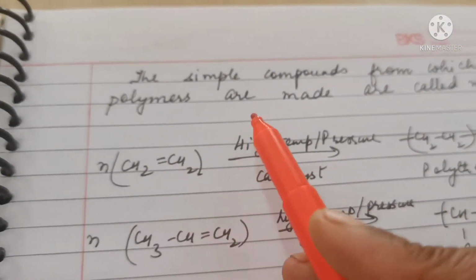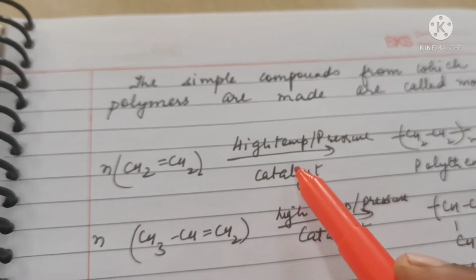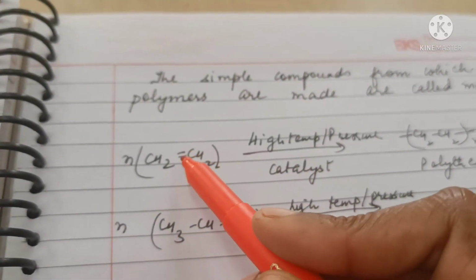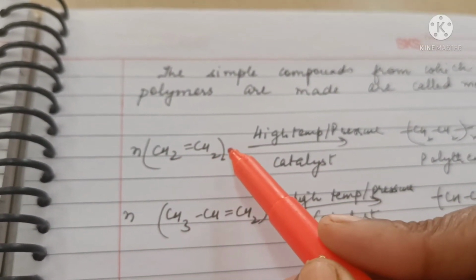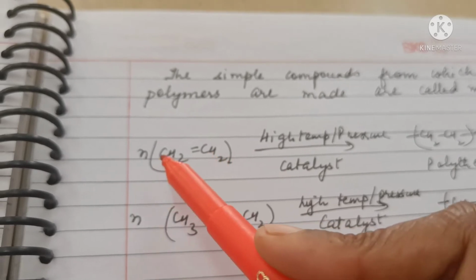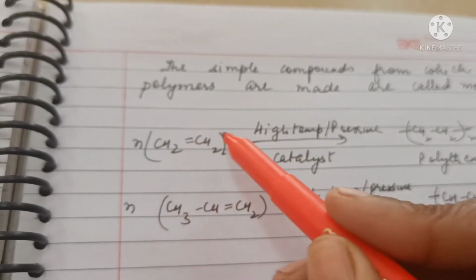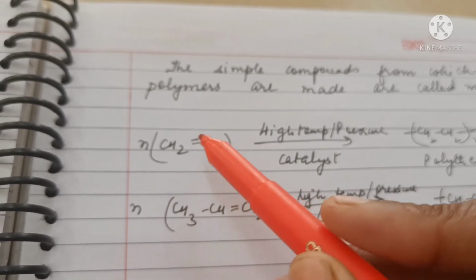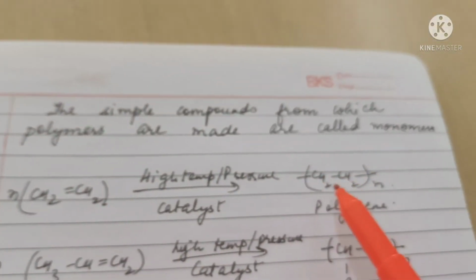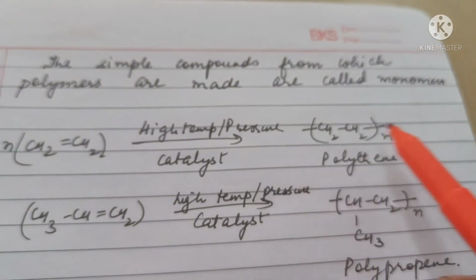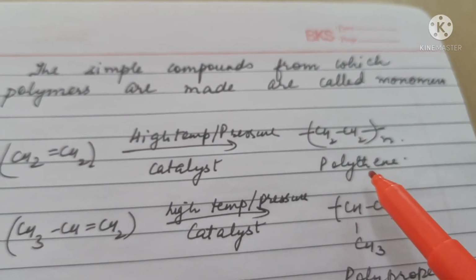So what happens is that at high temperature and pressure and in presence of catalyst, one of the bond breaks and two valencies are freed. So on either side an ethene molecule can be added. For every ethene there is a breakage of bond and one ethene will get attached to another, which will get attached to another to form a long chain called polymer called